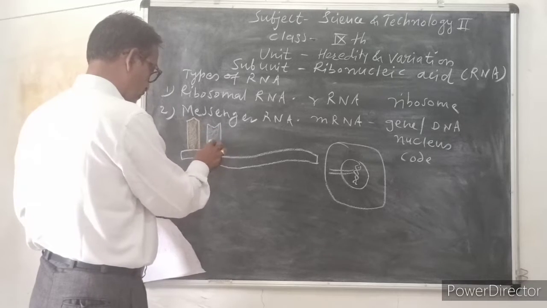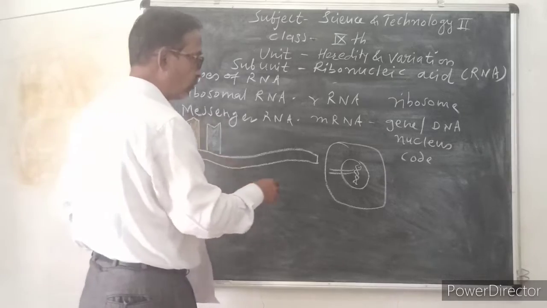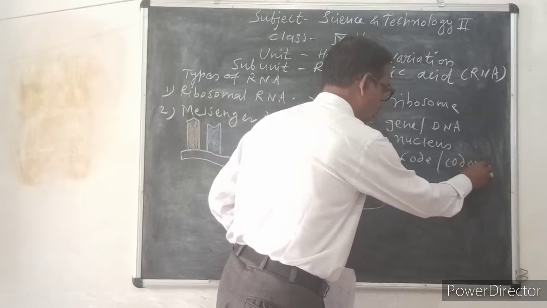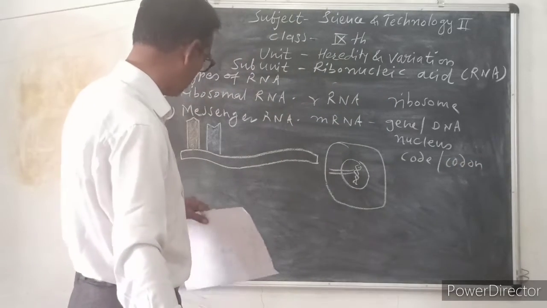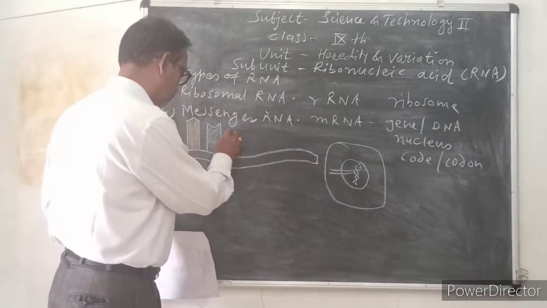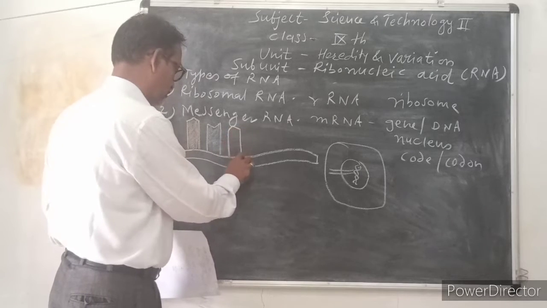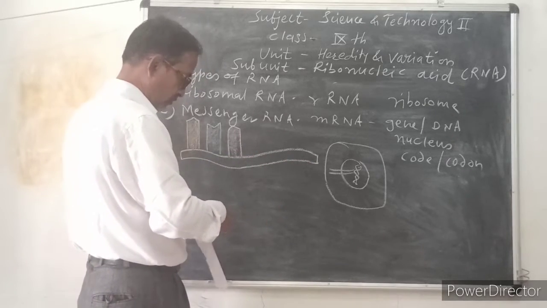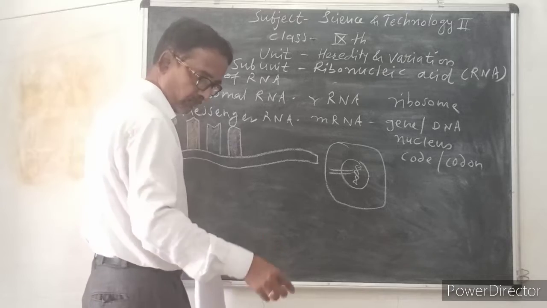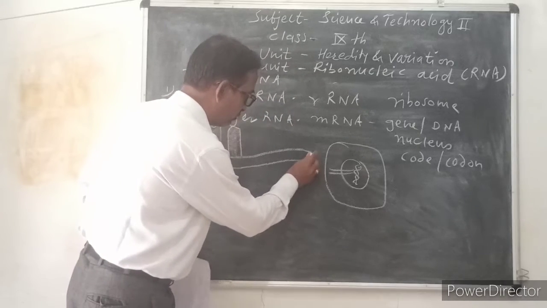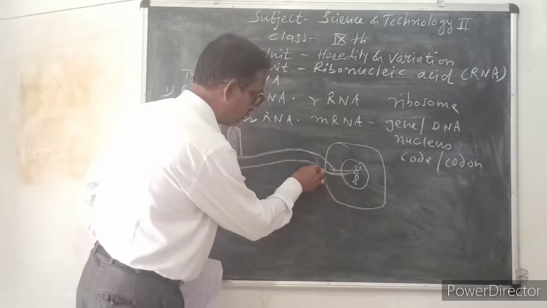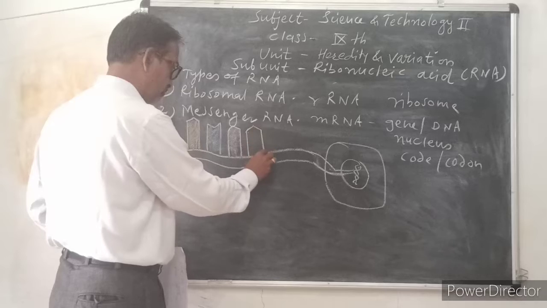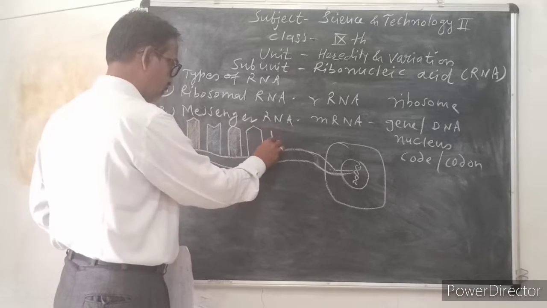So such information is present in the form of code, also called codon. Then third, in this way there are a large number of such codons, and the shape of codon is like this,